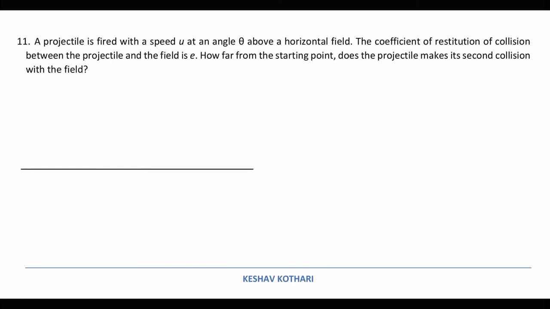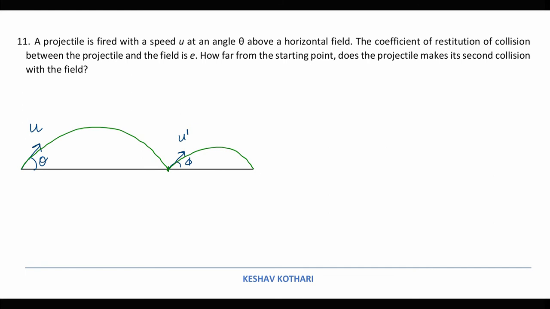And we are considering that the particle is projected from a point over here with a speed u making an angle theta with the horizontal. As a result, the particle follows a path like this and makes a first impact over here. Post the first impact, the rebound velocity is going to be u dash at a certain angle phi, after which the particle is going to follow another path like this.